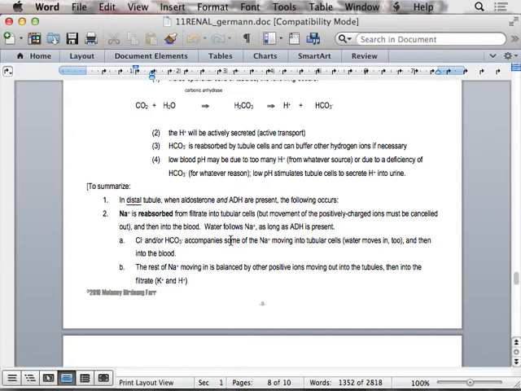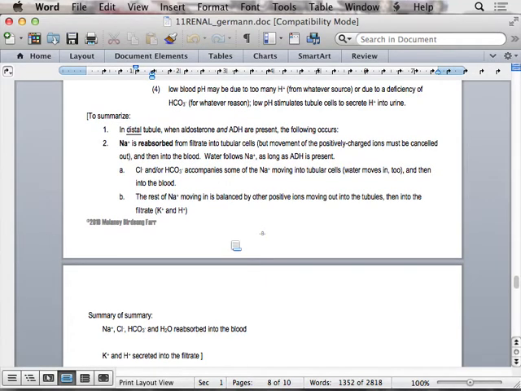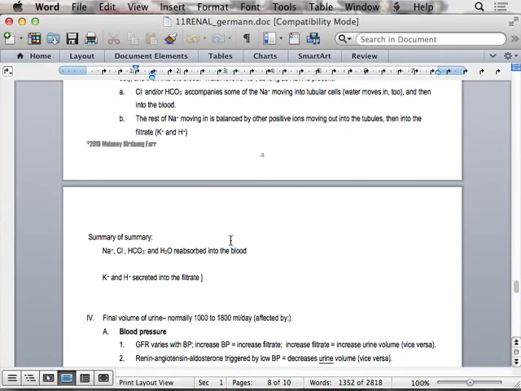So chloride and/or HCO3 minus accompany some of the sodium moving into the tubular cells. But everything that you don't balance with a negative, you must flip for a positive so that I maintain the electrical gradient. So if the negative didn't follow it, then I would flip-flop it, like with aldosterone: absorb sodium, get rid of potassium; absorb sodium, get rid of H+. So the rest of the sodium moving in is balanced by other positive ions moving out into the tubules. And so the primary things that you are secreting over here, secretion,